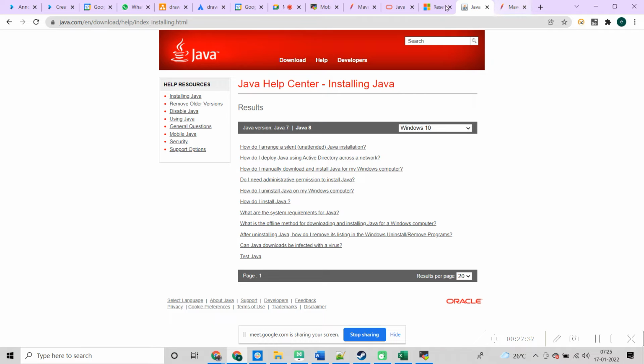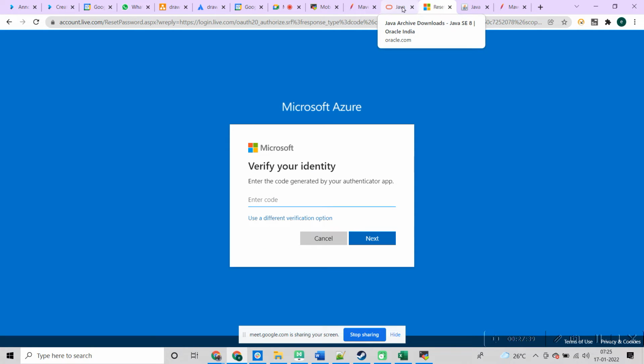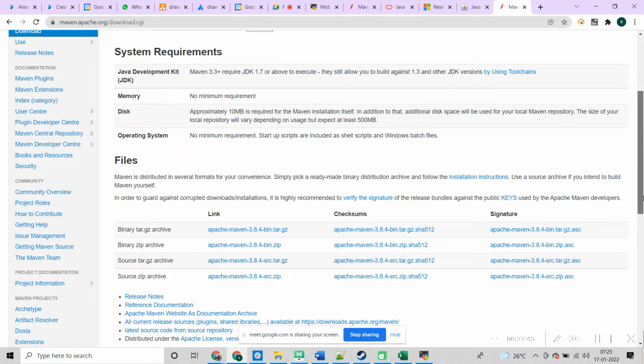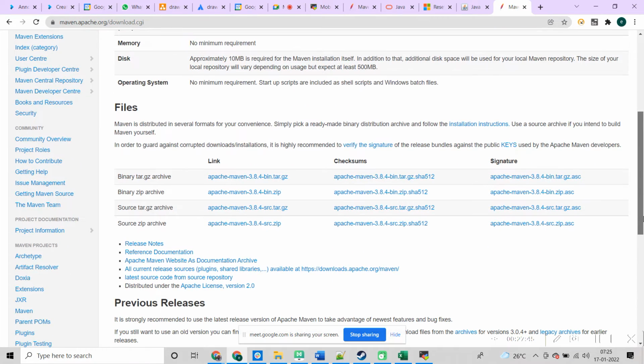In the meantime, download Java Standard also. For Maven, you can download this binary tar.gz.